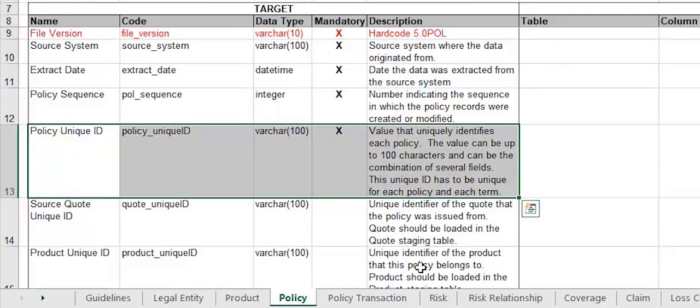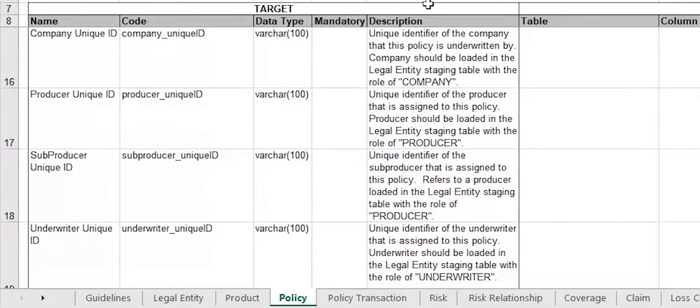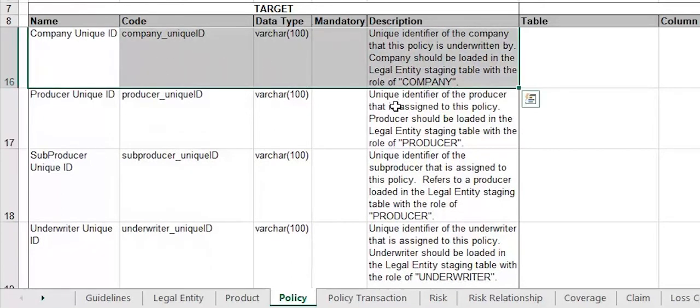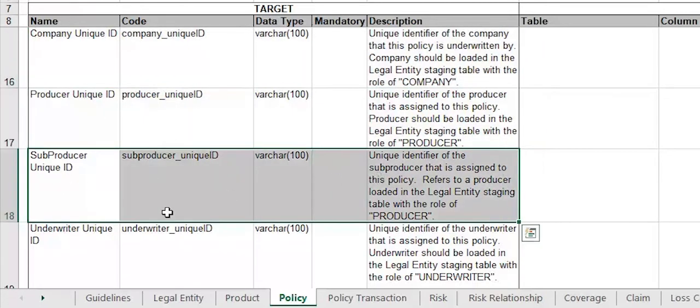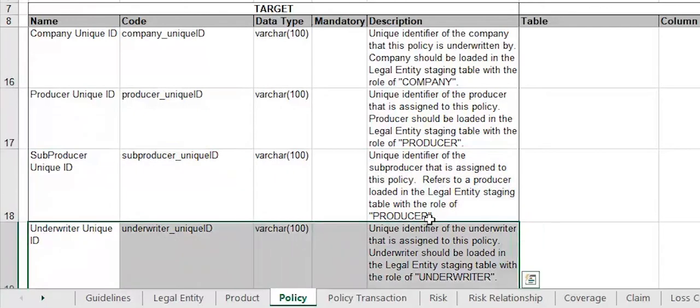Whenever we get any information coming through attached to a Policy Unique ID, we want to make sure that it is assigned to the correct term and correct version of that policy. Scrolling down to Company Unique ID, row 16, this is where we're referencing the legal entity staging table to identify the company that underwrote the policy. Same thing with the other unique ID fields: Producer Unique ID, Sub-Producer Unique ID, Underwriter Unique ID, First Insured Unique